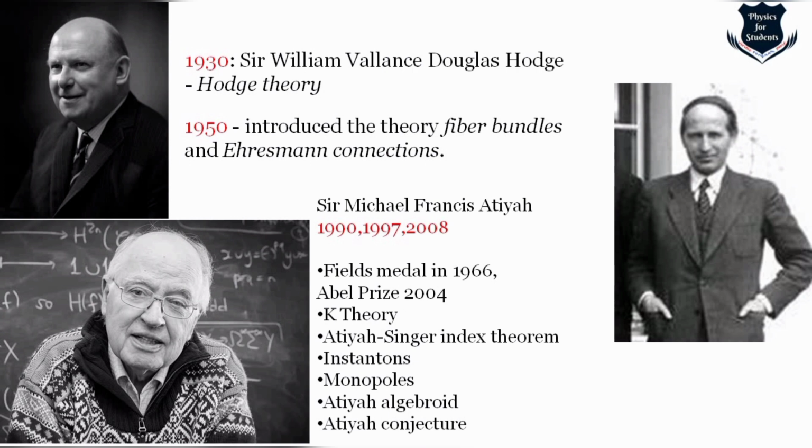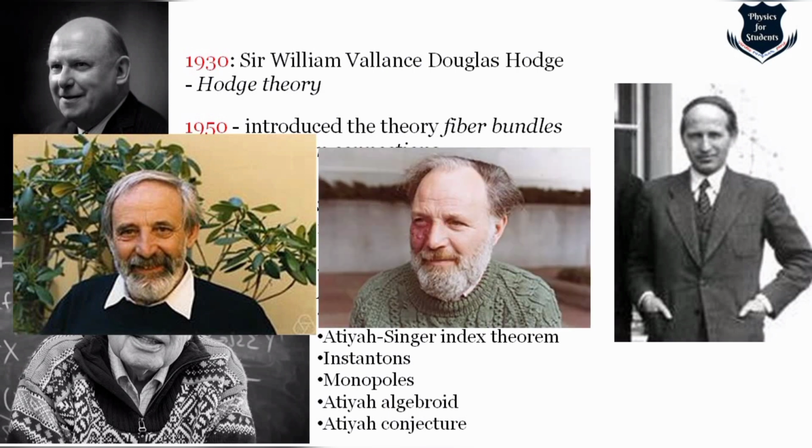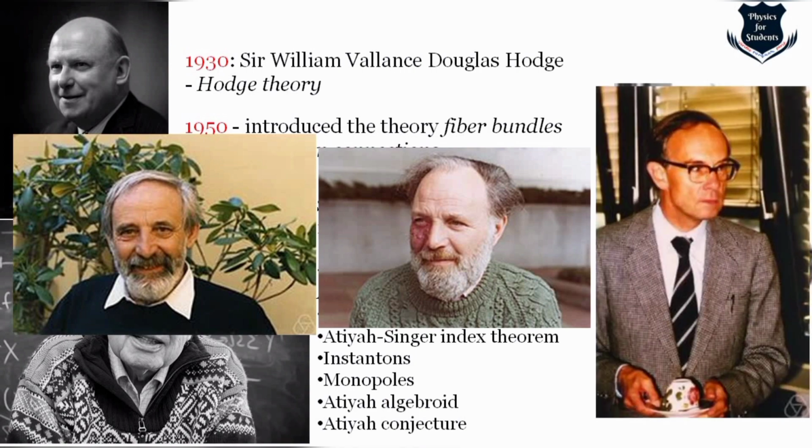And just to tell you, he also collaborated with three mathematicians. This person on your screen is Raoul Bott, who is very famous for the Atiyah-Bott fixed point theorem. The next person would be Isadore M. Singer, who collaborated with Professor Atiyah to develop the Atiyah-Singer index theorem, for which Michael Atiyah is mostly famous. And the last person is Friedrich Hirzebruch, with whom he collaborated to develop what is called topological K-theory. So that is all.